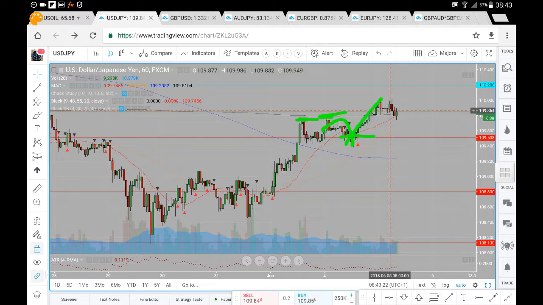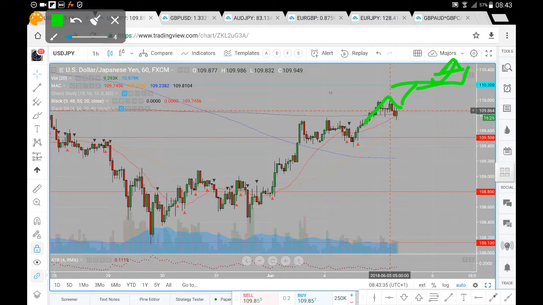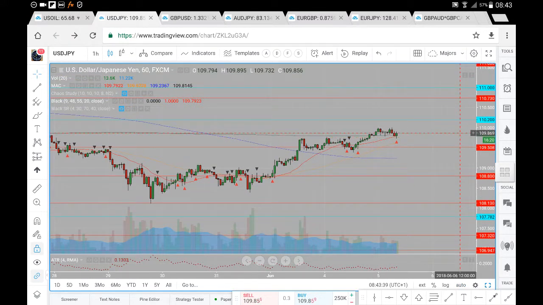We did hold the 109.50, and again, we are seeing that bullish momentum to the upside, taking us up towards that 110 level. So if we can break and hold above the 110, we're looking for a move up towards that 110.20, and if we can break above the 110.20, the very next levels we are looking at beyond the 110.20 are moves up towards the 110.73, successful break from which we're looking for a move up